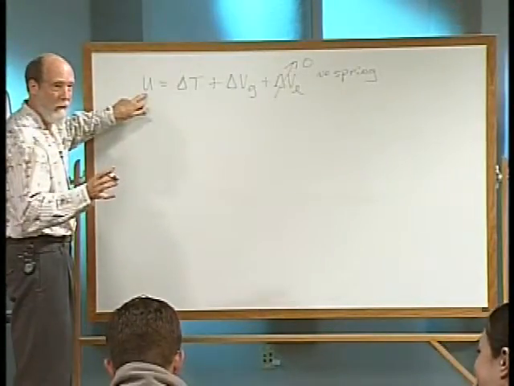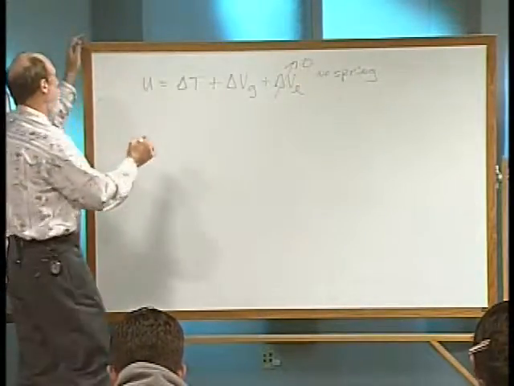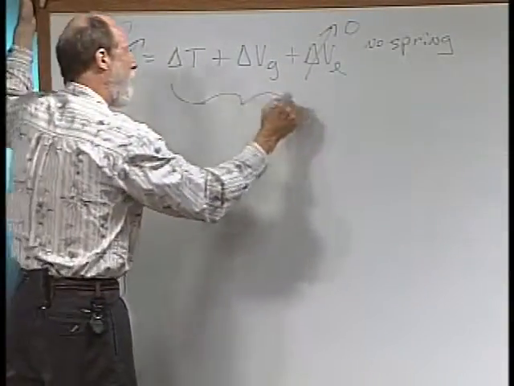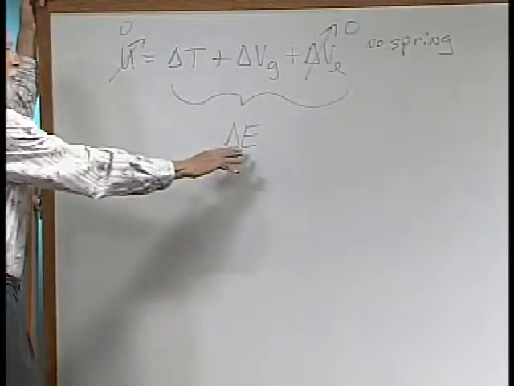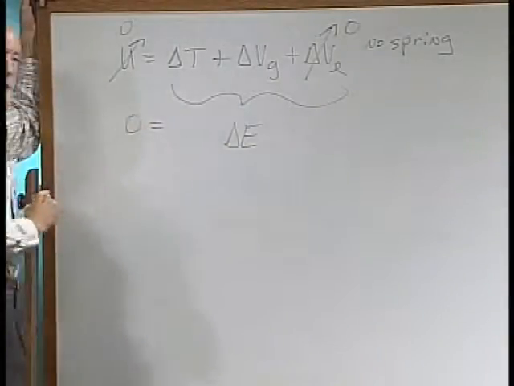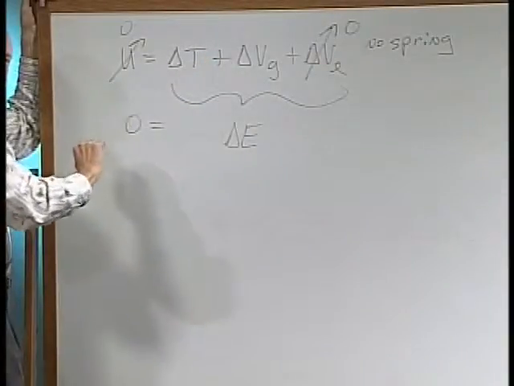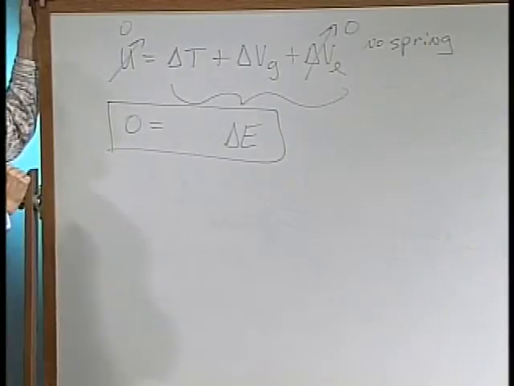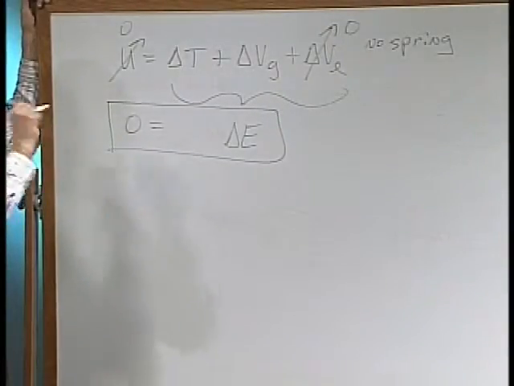There's no friction, as we said. There were no other active forces, no cables hooked onto it or any of that. So this term over here is zero. This stuff on the right side, for simplicity, we call it DeltaE. It's the change in the energy in the system. That happens to be equal to zero. If the change in the system that embodies gravitational and elastic potential change is equal to zero, like this, then this is called the principle of conservation of dynamical energy.